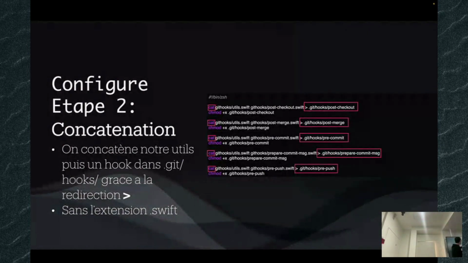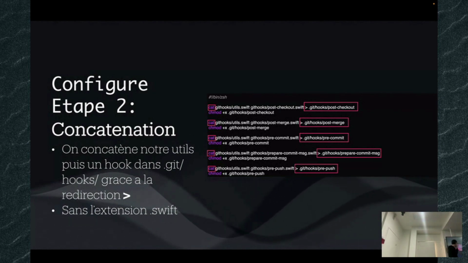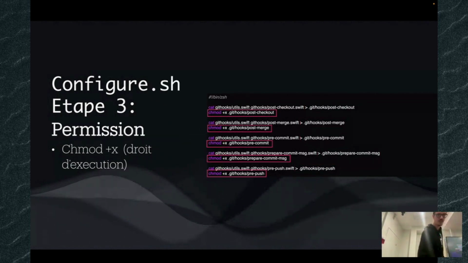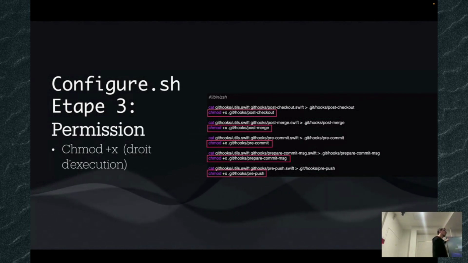All the time I have my utils here, because there is a lot of function in common, and after I concatenate with all my different Git hooks, and I put it inside my destination real Git hooks. And the last step you should not forget is just to be sure that you have the execution permission, because by default, when you're creating a file, it's not executable.